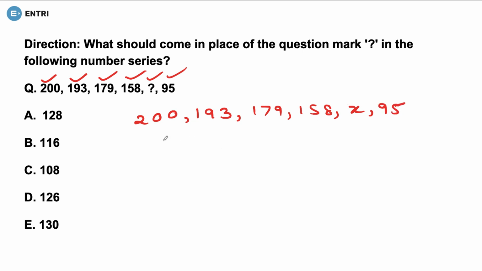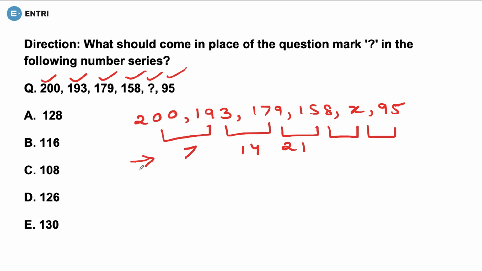Now you can see its difference. Its difference is 7. Its difference is 14. Its difference is 21. We don't know about its difference, so we can't tell about this also. But we can see one thing, that some sort of thing is going on which we already know, and that is the multiplication of 7. 7 ones are 7, 7 twos are 14, 7 threes are 21.